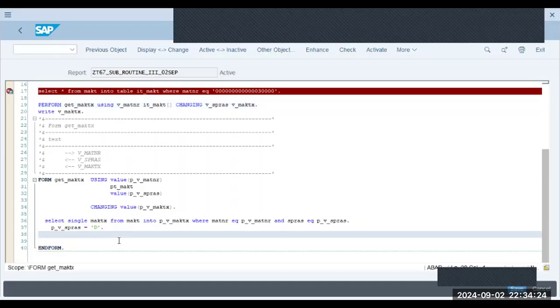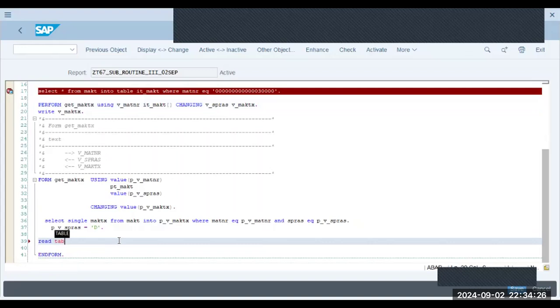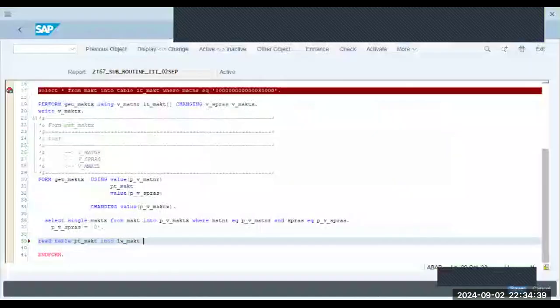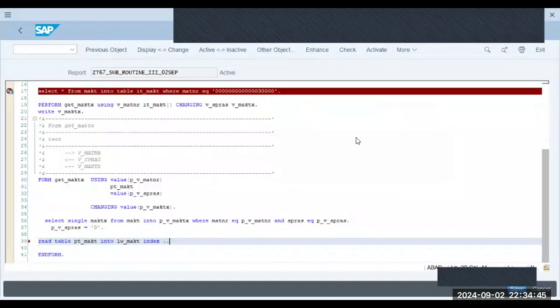Read table PTMAX into LWMAX at index one. And then if we activate it,